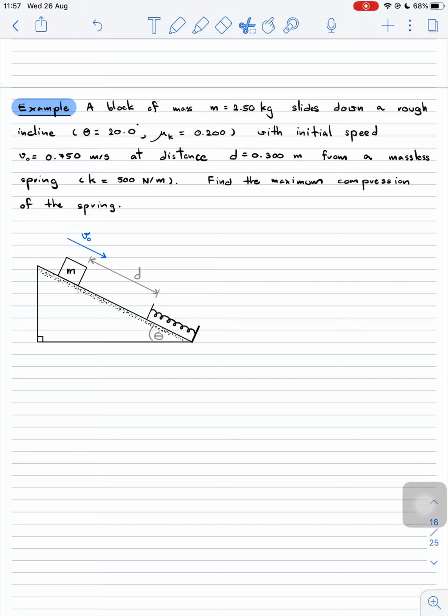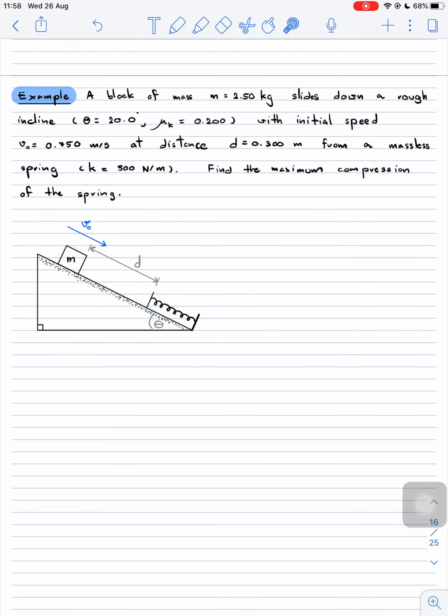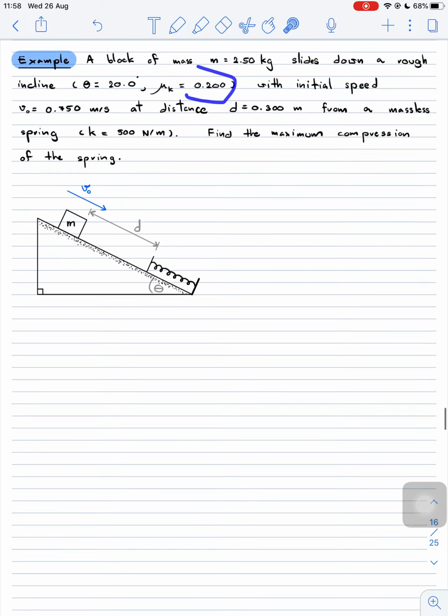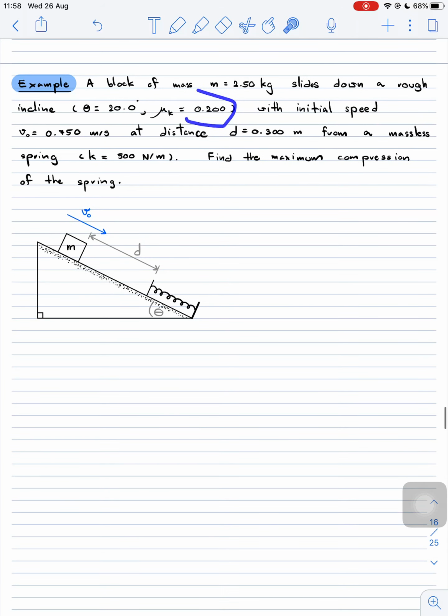Another example: a block of mass m equal to 2.50 kilograms slides down a rough incline. So we have some friction here, with theta equal to 20 degrees, so this angle is 20 degrees, and mu k equal to 0.200. With the initial speed v naught equal to 0.750 meters per second, and the distance d equal to 0.300 meter